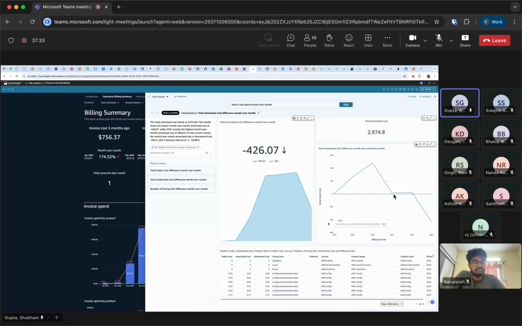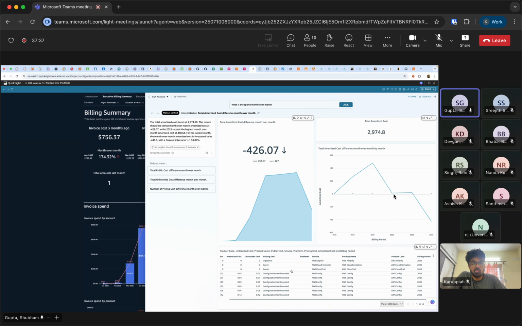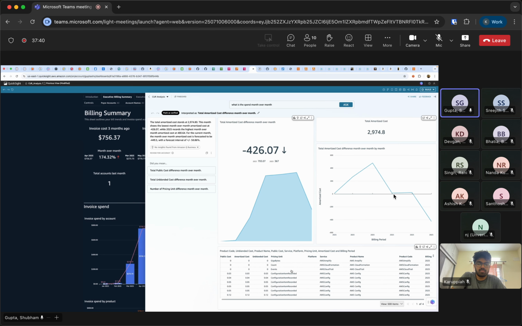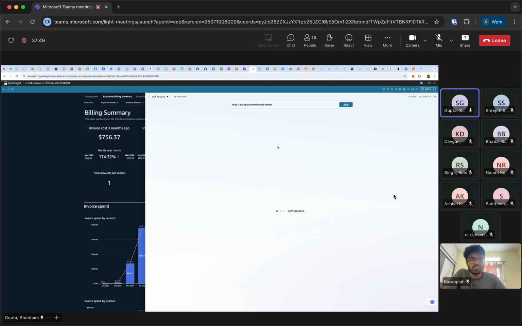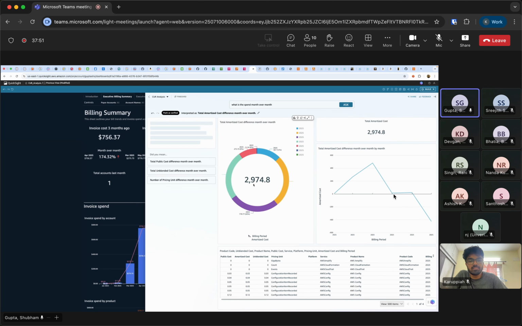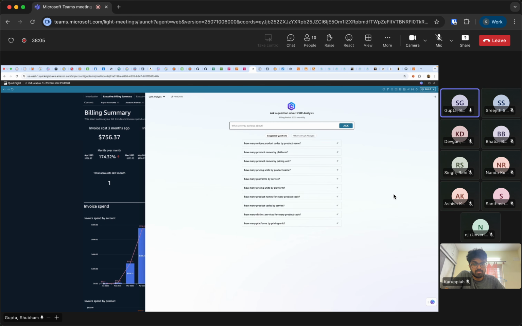It shows these metrics. It shows what services are being used, what's the cost there of this, what's the billing period. So basically the idea is, right, you can actually do this. And if you don't like this chart, you want to change the visual type, you have all that flexibility. You can do that. But something it gives you by default, and you can go ahead and maybe share it directly with your users. You want to save it as a dashboard, you can do all of that. Okay, so this is one capability.